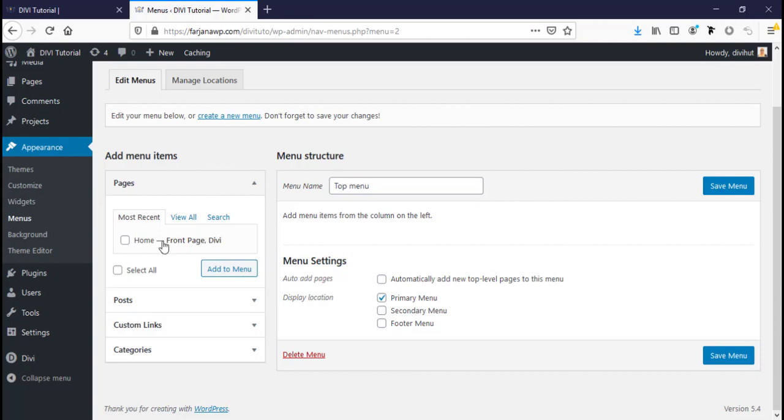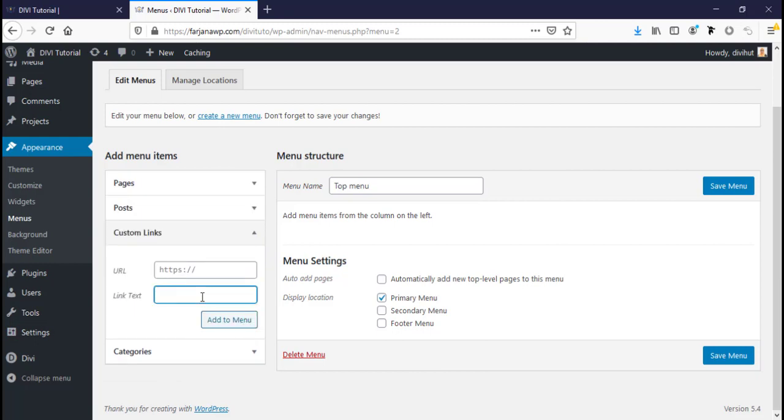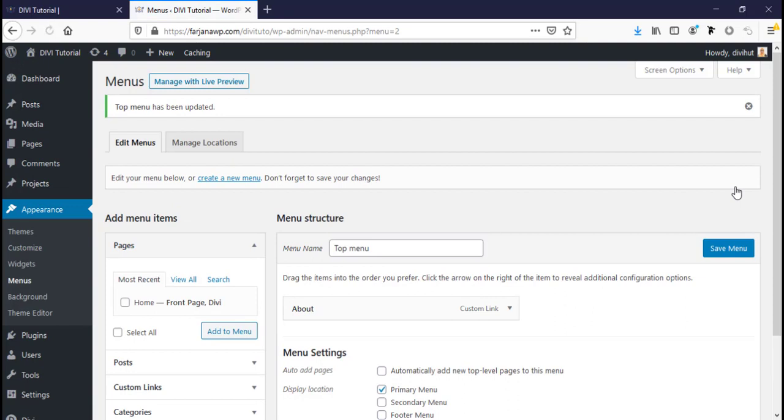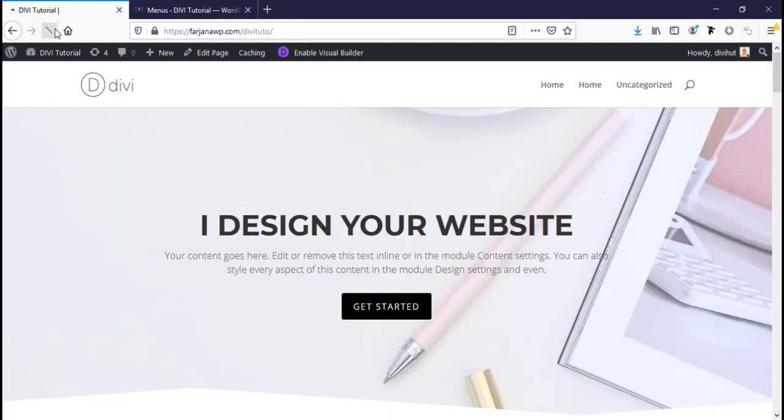This time we have only one page, so we need to create some custom menu items. So for this I'm going to custom link, typing about and URL, just hashtag and about. Now add to menu,